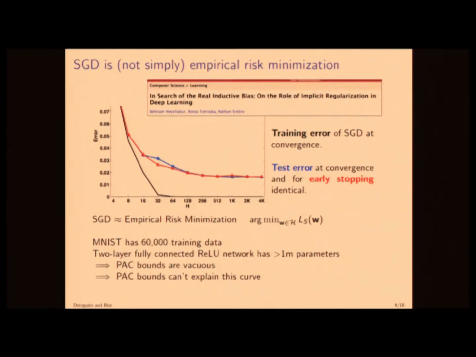Just to explain how far we are, MNIST has 60,000 training data, but a 2-layer fully connected ReLU network easily has more than 1 million parameters. So we're talking about orders of magnitude difference between the number of parameters and the data, so your PAC-Bayes bounds are going to be far from vacuous. Not only can we not explain the behavior that this levels off, we can't even explain this gap. And you don't need very many nodes before you're hosed on MNIST. MNIST already has 768 input units, so by the time you hit 100 nodes in one layer, you're already toast when it comes to VC dimension.